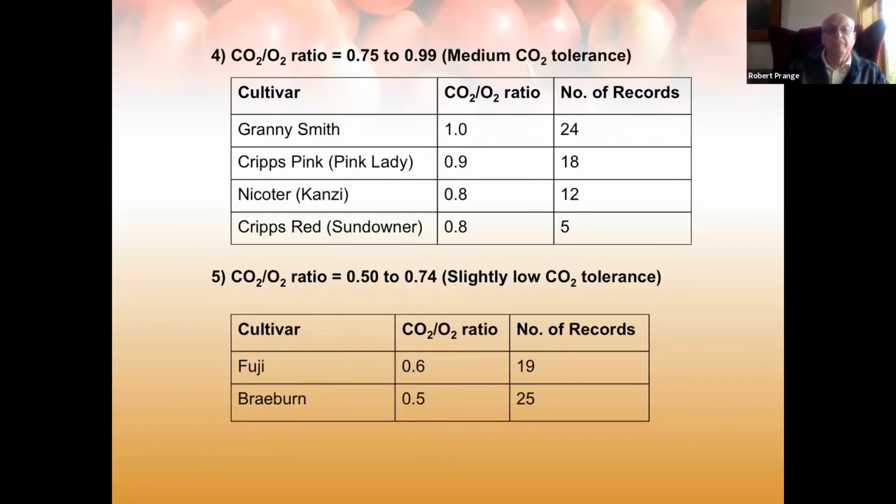Excuse me, and Kanzi is a cross between Braeburn and I believe Gala. So you can see it's kind of in between what you have for Gala, and then you see Braeburn showing in that last list with low CO2 tolerance along with Fuji. Okay, so